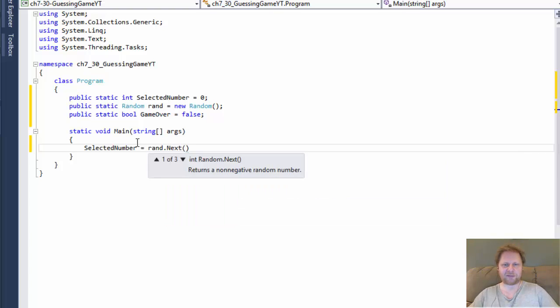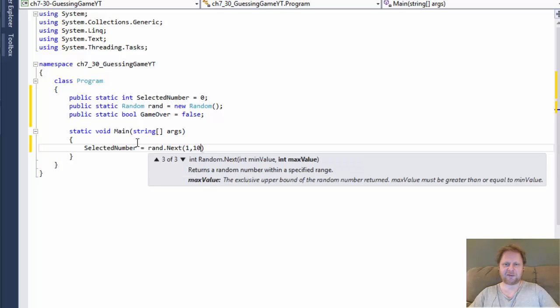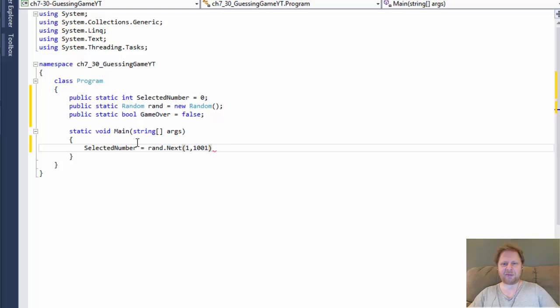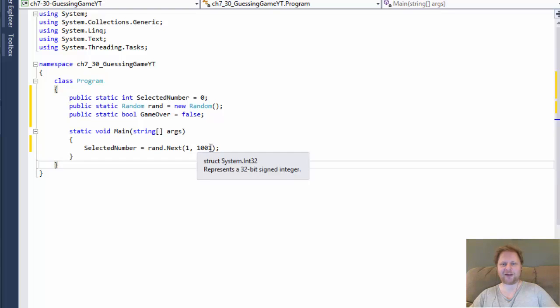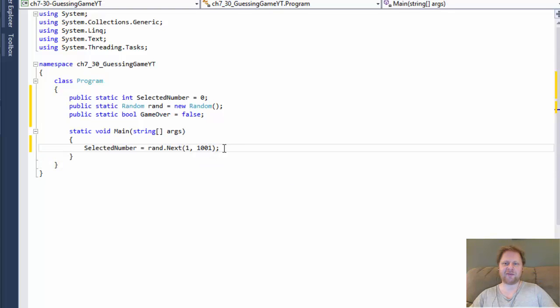But you know what, for the testing, never mind. Let's make it 1 to 1000. So remember, 1001 means that from 1 to 1000, because the last number is not included. 1001 is not included, only the one before that, which makes it, of course, 1000. So the next one,